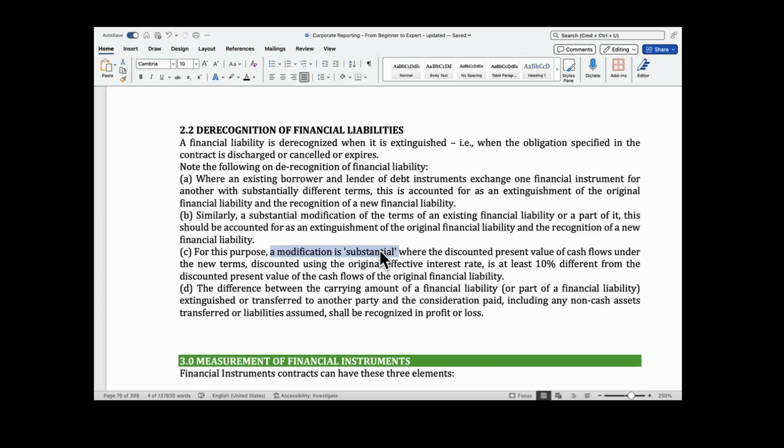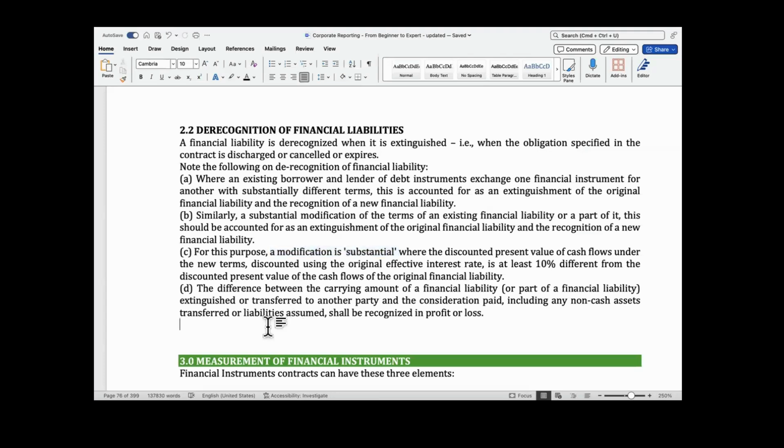You will get the present value of the interest and the principal. When the difference between the original value and the modified value is like 10%,